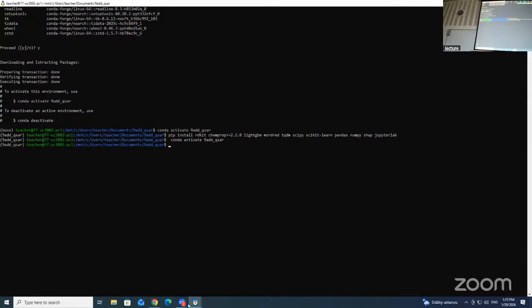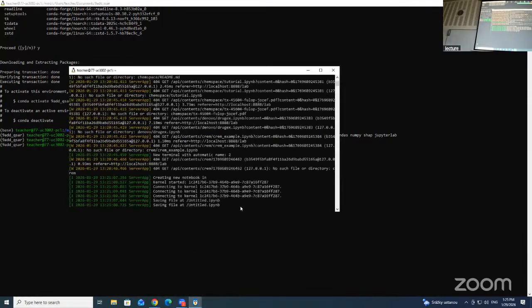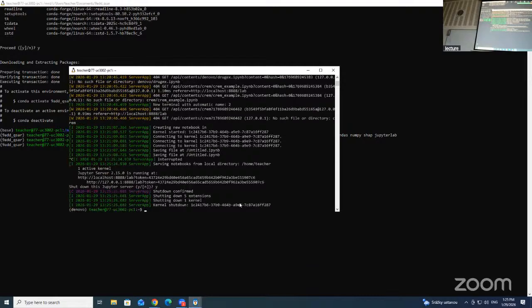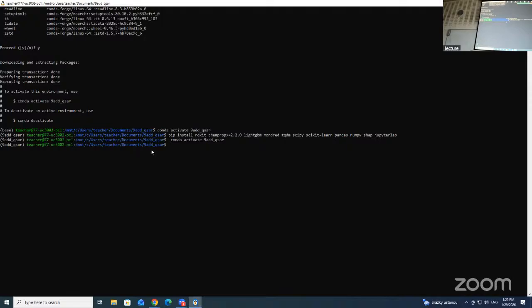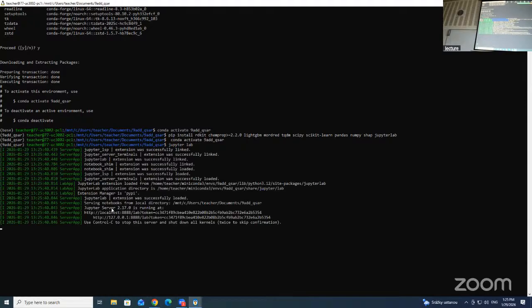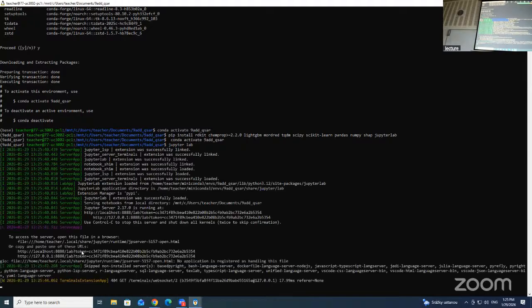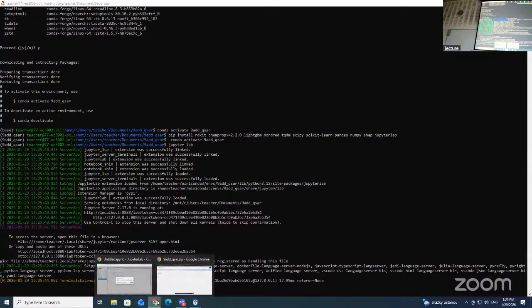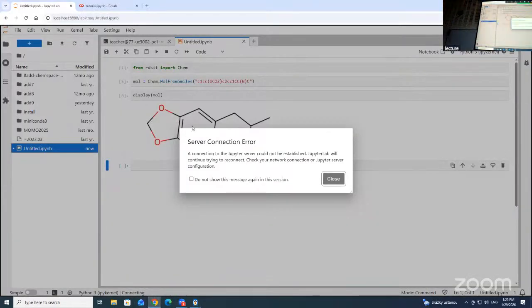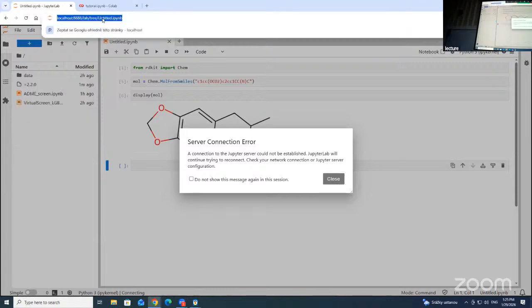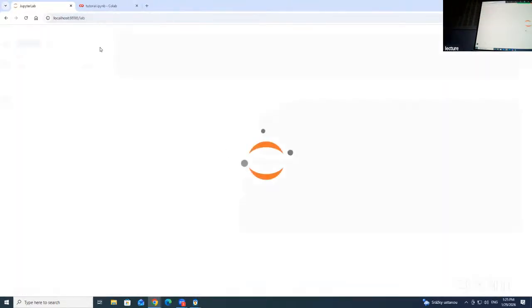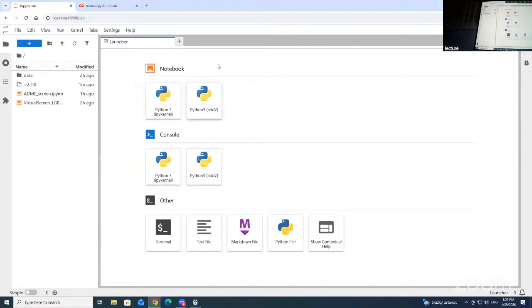Now, first before I do that, let me kill this notebook here, in case it's gonna open the Jupyter on the same port. So now I kill that, and I will activate a new Jupyter server here, and let's see if that works. Yeah, it did. Let me copy that link here, and so you can see I killed the server, so I have a server connection error, and now if I put in the new link, okay, you can see here as well that